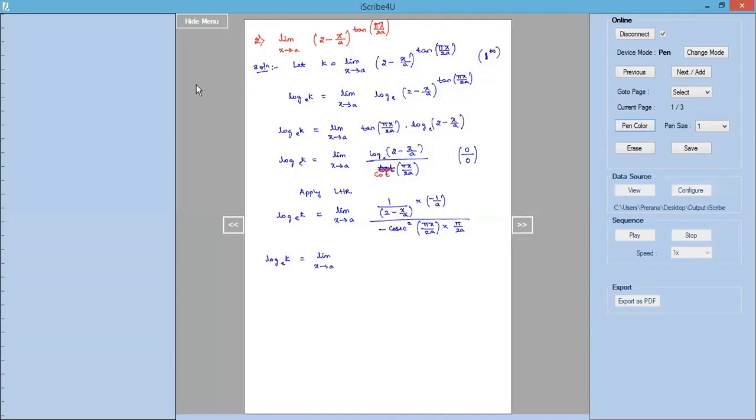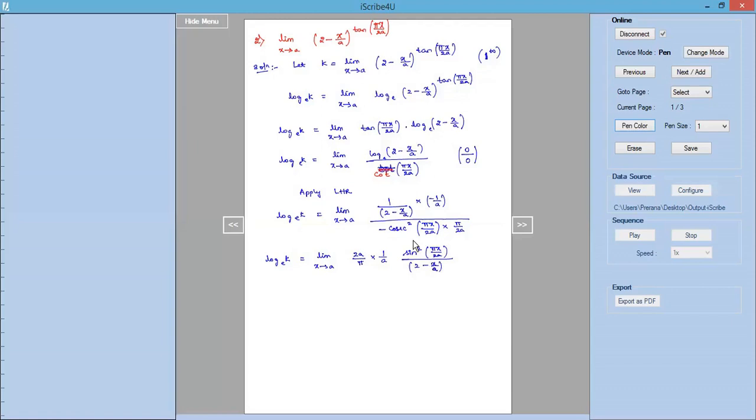So let me rearrange this and write it down. It is 2a divided by pi into 1 by a. I wrote pi by 2a; reciprocal of this becomes 2a by pi. And this 1 by a constant I have written as it is. Minus and minus I have got cancelled. 1 divided by cosecant square we have. 1 divided by cosecant square is the same as writing sine square. So sine square pi x by 2a, the whole divided by 2 minus x by a. I've just rearranged this.